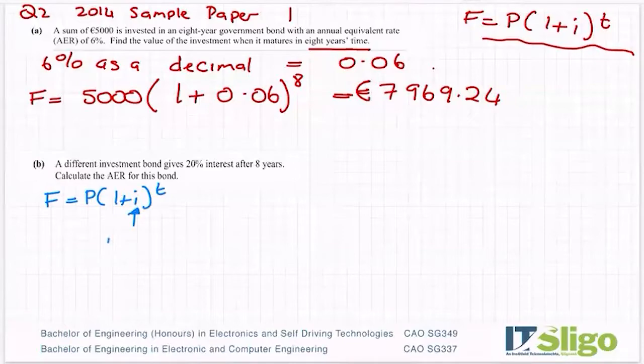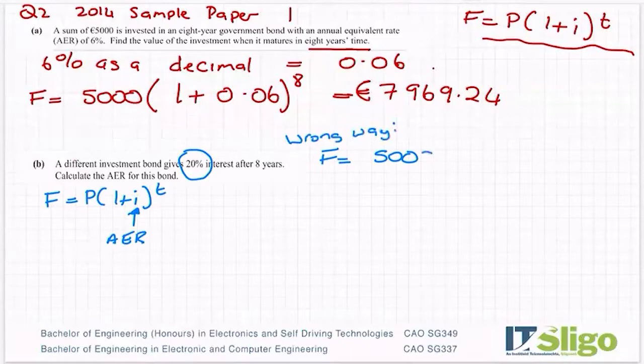Okay, that's AER. Okay, so the biggest mistake people make is they put the 20% into there. So things like maybe you started with 5,000 again. So this is the wrong way, okay? But it is the most common way people will do it the first time round. So 5,000, 1 plus the 20% as a decimal is 0.2, and it's 8 years. Okay, so put that into the calculator. 1 plus 0.2, close your bracket, for 8 years, and you can see it's